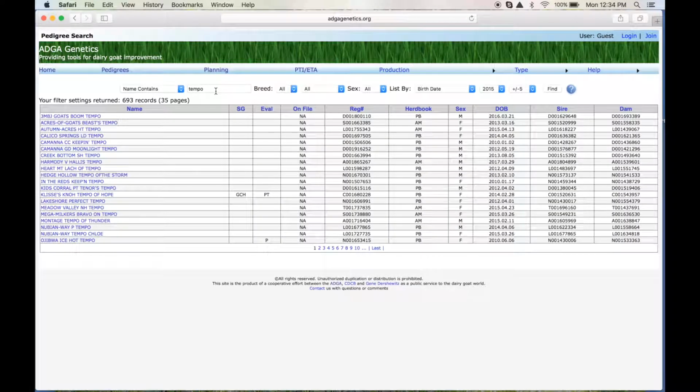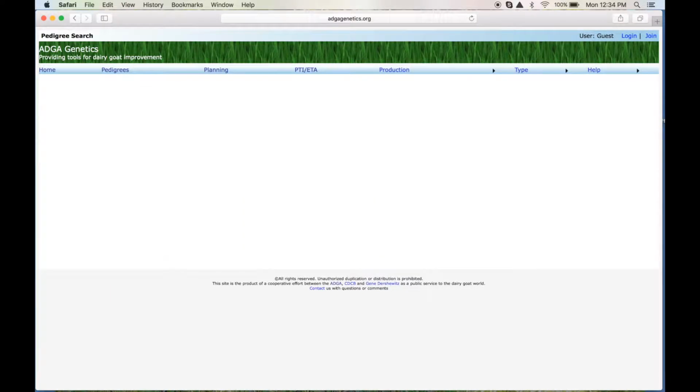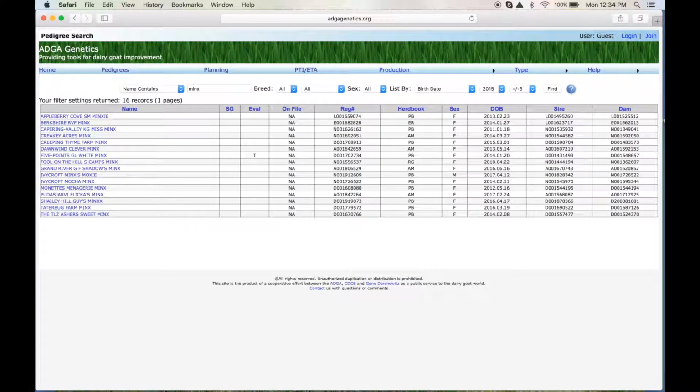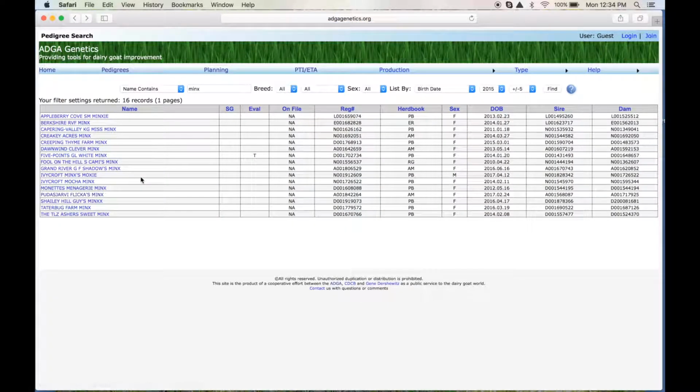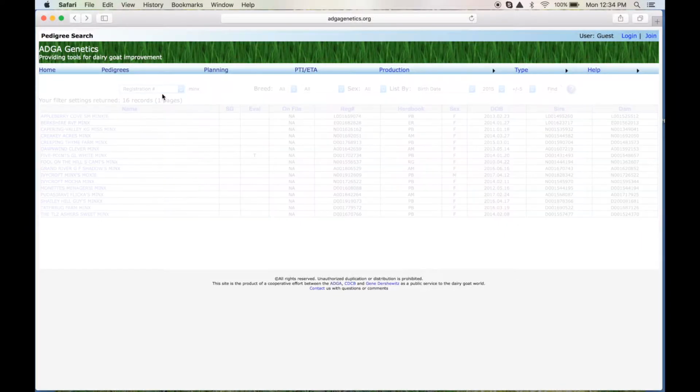So say you know there's a goat named Minx, but you're not sure of the herd name. Well, you can look it up here. Here's all the goats with the word Minx in their name. And this is the one I was looking for because it's mine. Anyway, we'll go back. So you can go by name contains, or you can go by registration number, which I